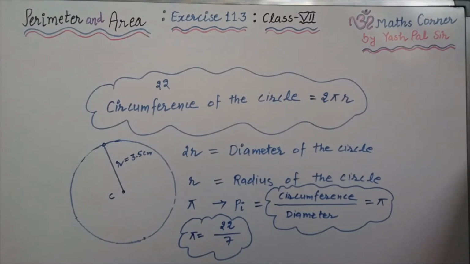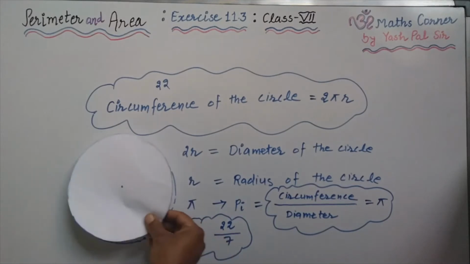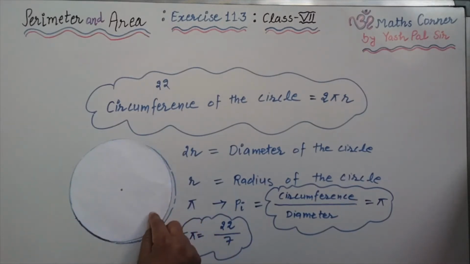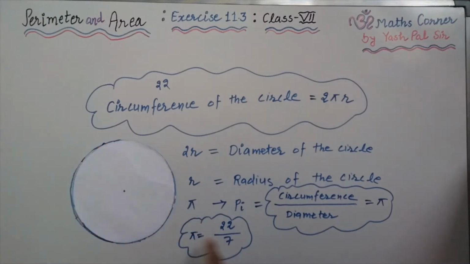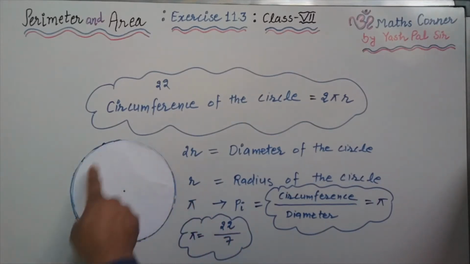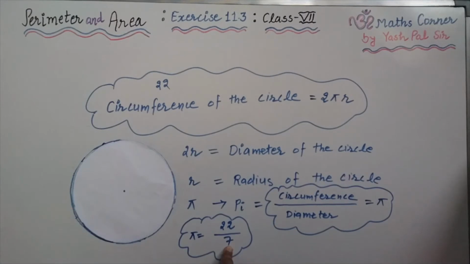This happens with every circle. No matter whether this is a circle of 22 units of circumference and diameter 7. If 22 is the unit of circumference, then certainly 7 is the unit of the diameter of the circle, because 3.5 plus 3.5 equal to 7